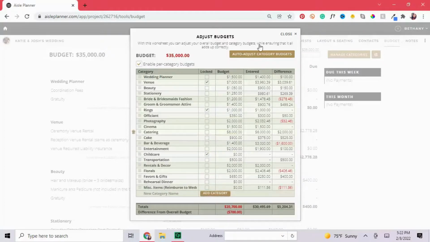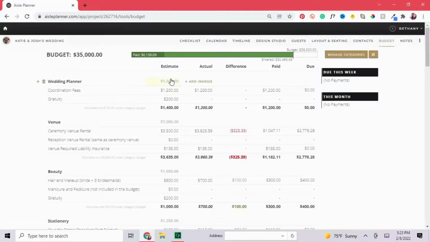You can continue to lock everything in and then auto adjust, and it will actually disperse the rest of your money between all of your categories here. So you can do that as many or as few times as you need. I would suggest starting out with that, and then from there on out, you can fill in